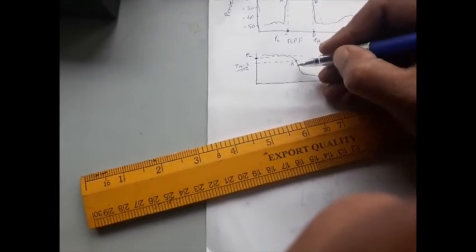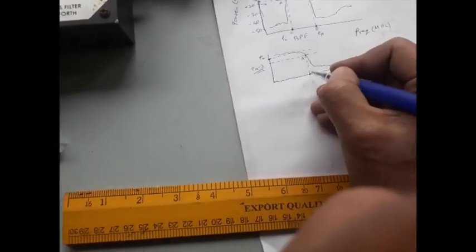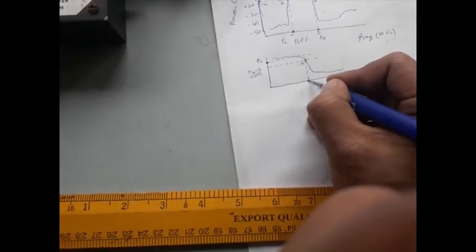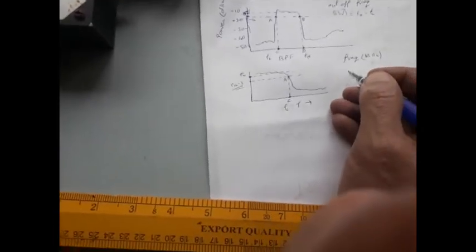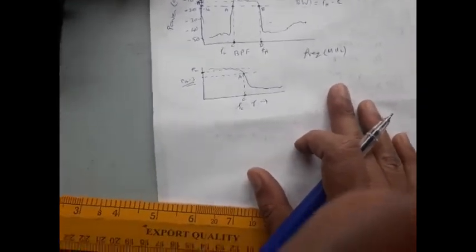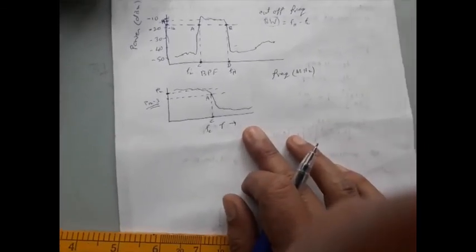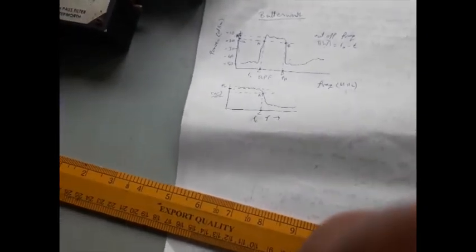Then you draw the vertical line. This vertical line is crossing the frequency axis at point C. Determine the corresponding cutoff frequency from the figure. So this is how we can determine the cutoff frequencies and bandwidth of the band pass filter and cutoff frequencies for all the filters, right? For both Butterworth and Chebyshev type filters, all these 6 filters. Okay, so this is how we perform this experiment.